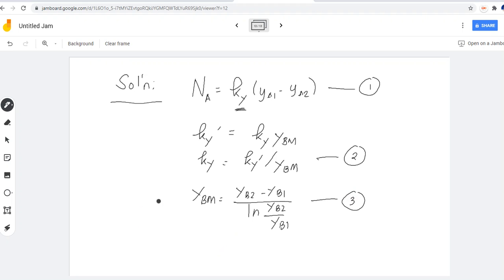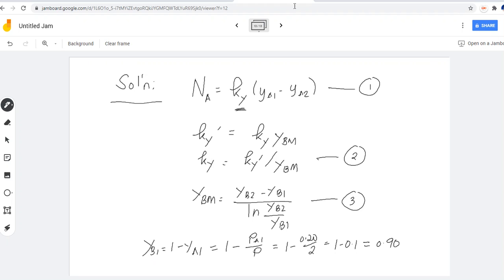Now in the case of y b1, since we only have a two-component mixture, when the A has already diffused to B, then your y b1 is equal to 1 minus y a1. And your y a1 will be the partial pressure of A over the total pressure of the system of A and B. So in this case, this will be 1 minus 0.2 over 2. In this case, that will be 1 minus 0.1, and this is equal to 0.9. Now, in the case of YB2,